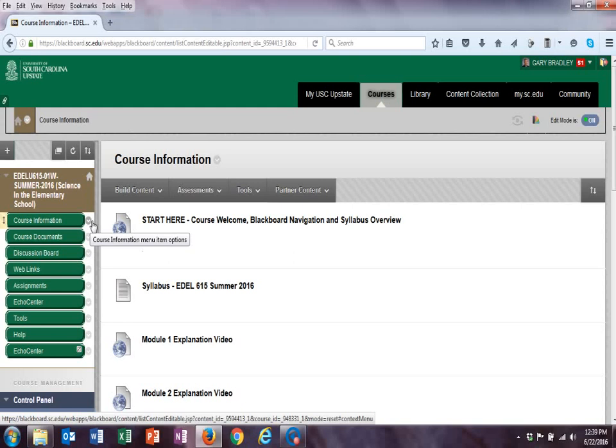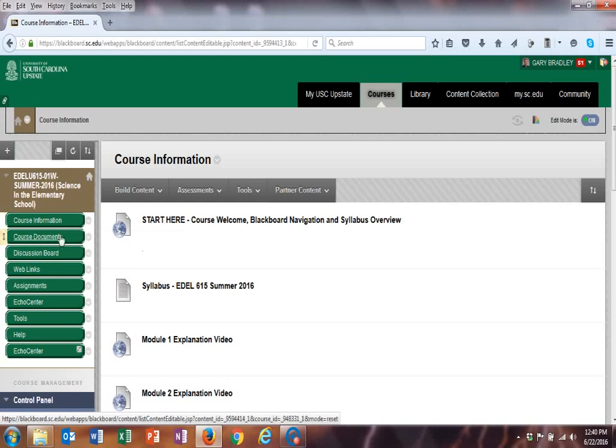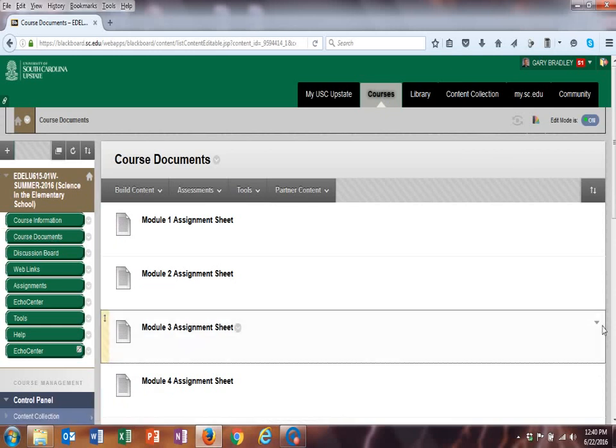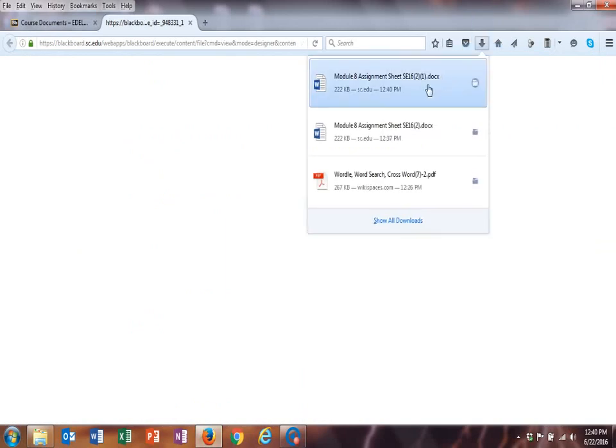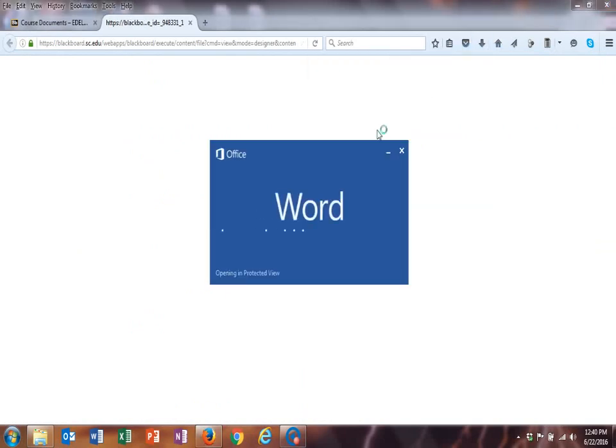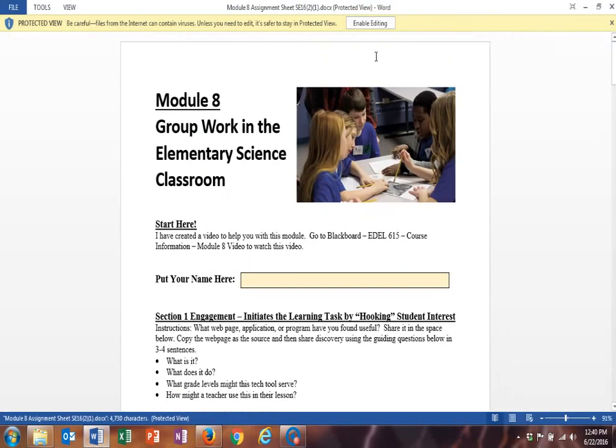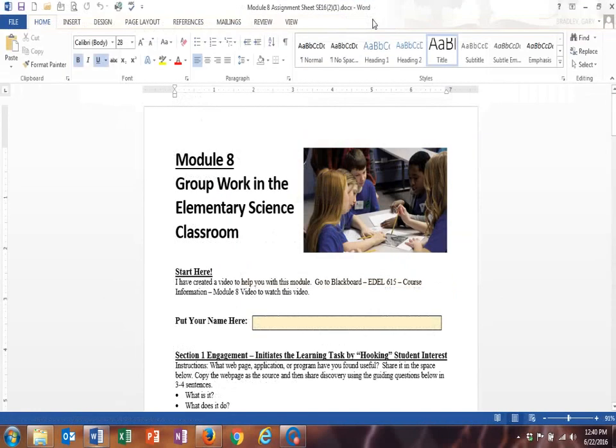I would like to go over the material for module number 8 with you. If you would, go and click onto course documents, and then in course documents go down to module number 8, and in module number 8 you click on that, and let's take a look at group work in the elementary science classroom. Group work can be a really positive thing because students can build off the energy of